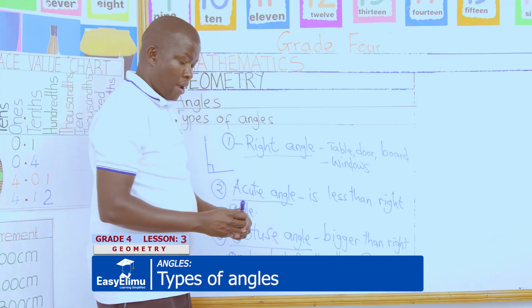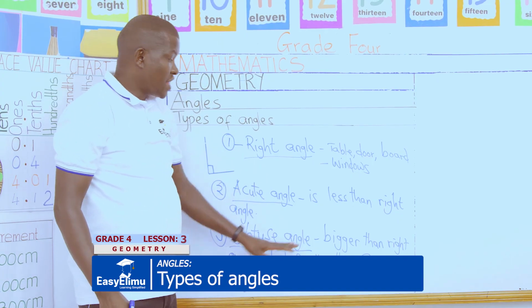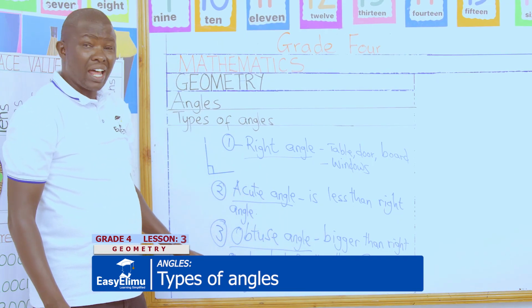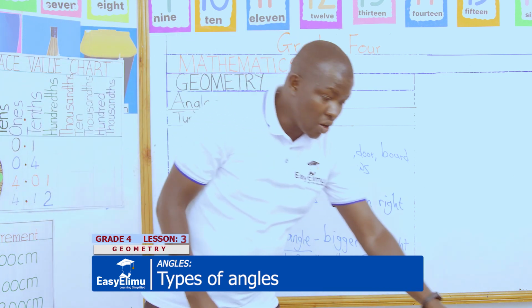An angle bigger than a right angle but smaller than two of the right angle, we call it